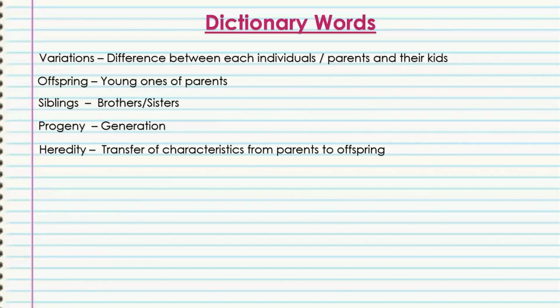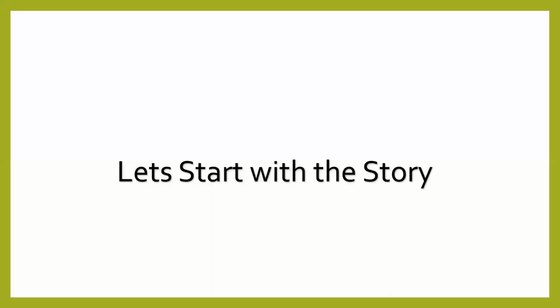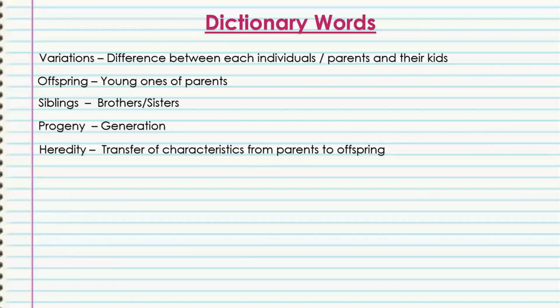Very, very important. Heredity. What is heredity? Just say we have seen the last slide that there are few characters which are passed from one parent to their offspring. So transfer of these characters from parents to offsprings is called as heredity. Giving you quickly 1 minute to write. I want you all to write these five words and understand them. Still any doubt, do let me know quickly in the chat box.